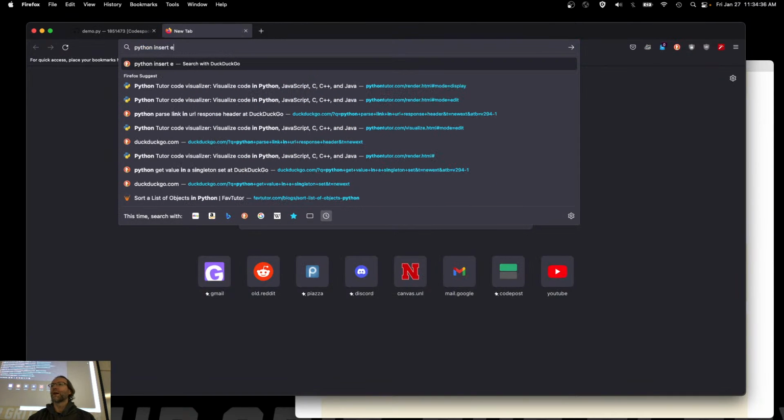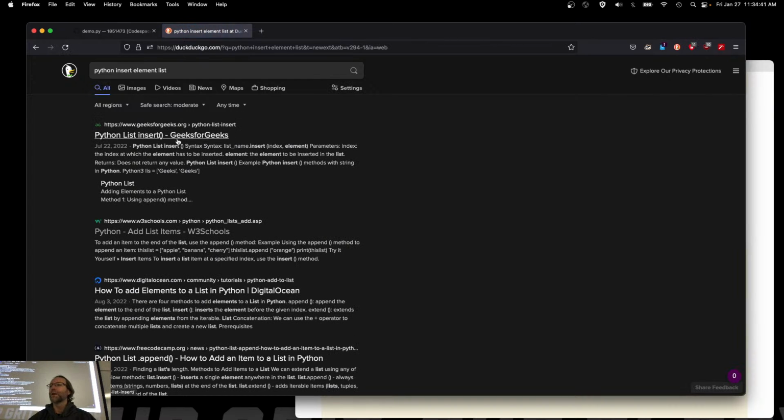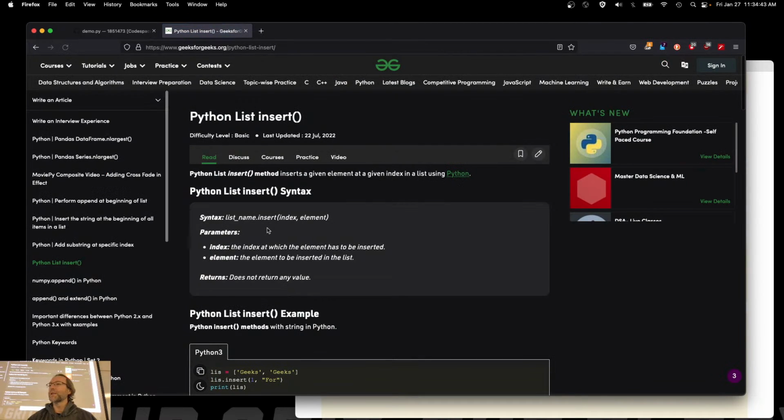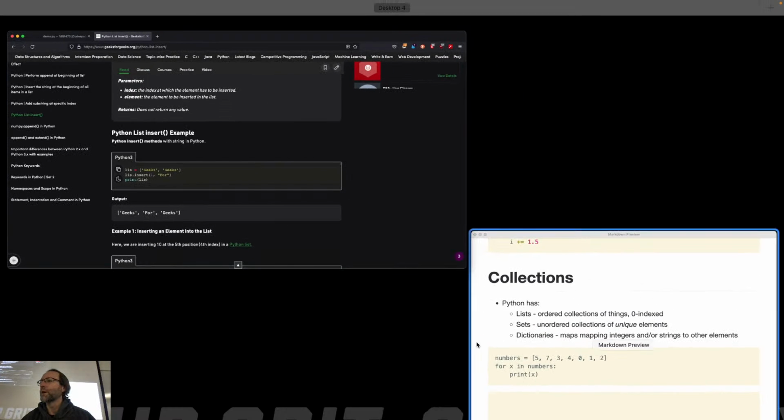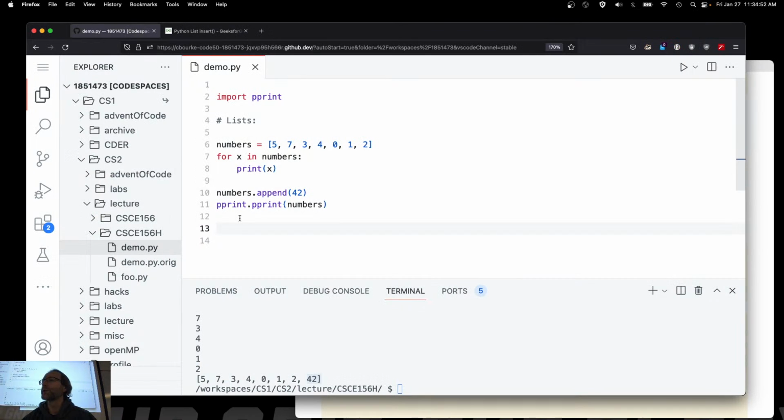Python, insert element list, right? Google is your friend, right? Everybody knows this. Insert, right? You can insert at an arbitrary location here. That's going to be an index and then whatever you want to insert. So for example, if I wanted to insert it at the beginning,